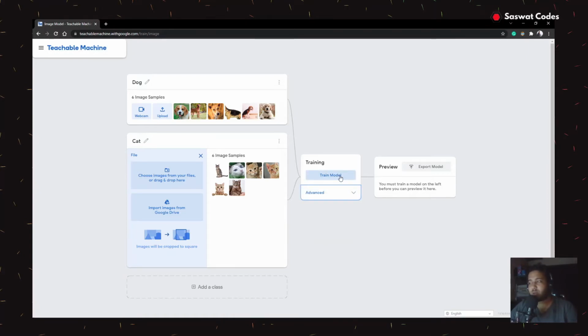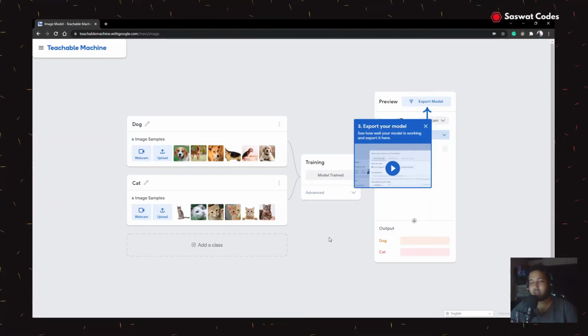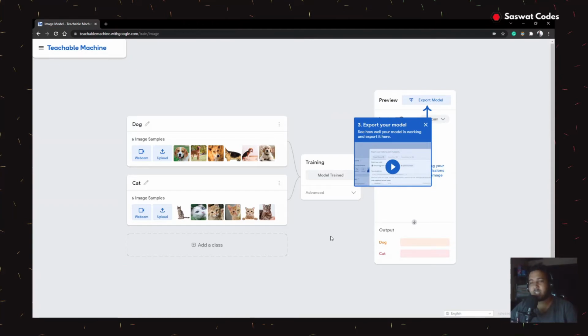So now click on train model. Now just wait for it and don't go to any other tab or open any other browser. Just keep an eye on this and see how fast it is. Now done, within a fraction of seconds, I guess. It took 3 to 4 seconds.